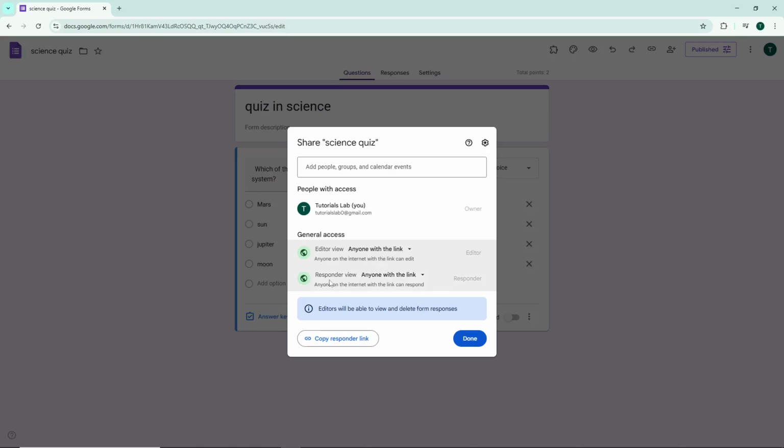Next, scroll down or navigate to the section labeled Responder View. Just like before, you'll see a drop-down menu beside it. Click on this drop-down and again select Anyone with Link. This is the crucial step that allows anyone with your form link to actually fill it out without running into permission errors. By setting this to Anyone with Link, you're essentially opening up the form to be accessible without requiring